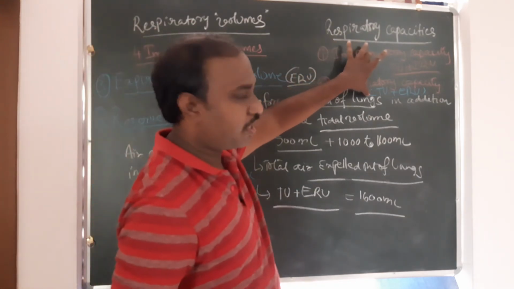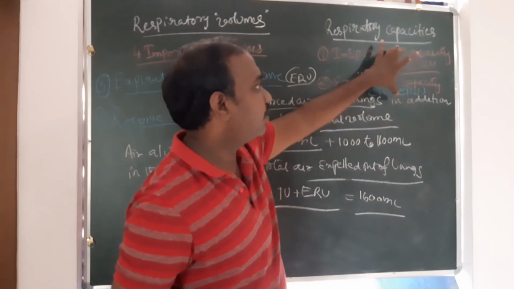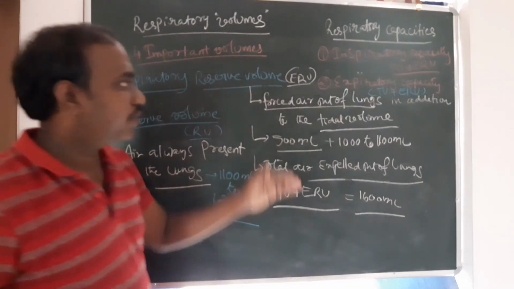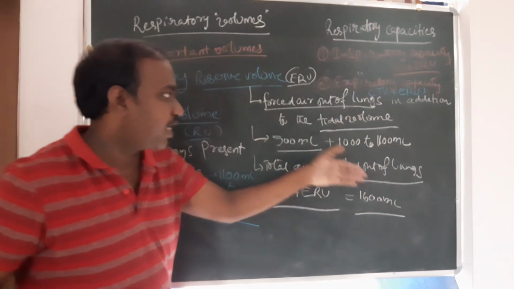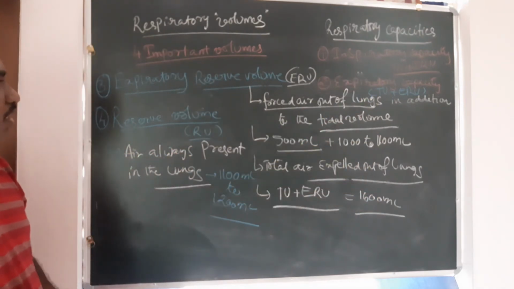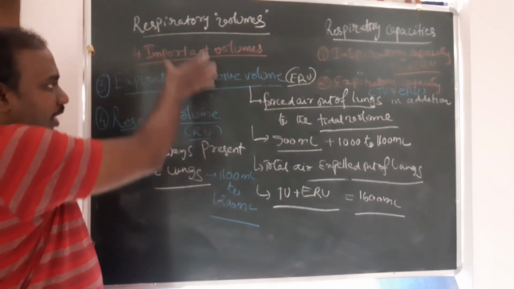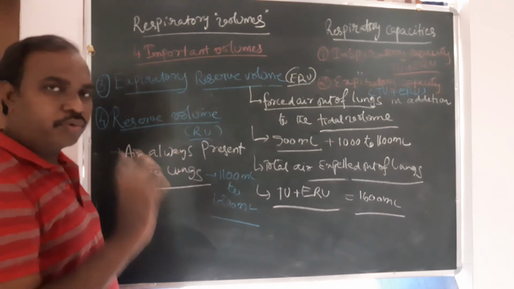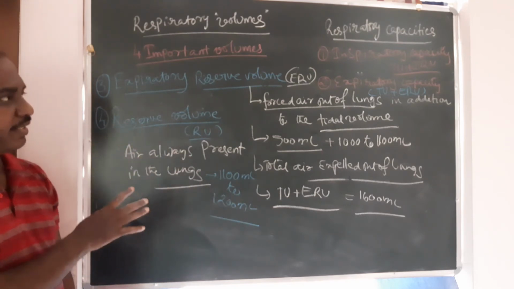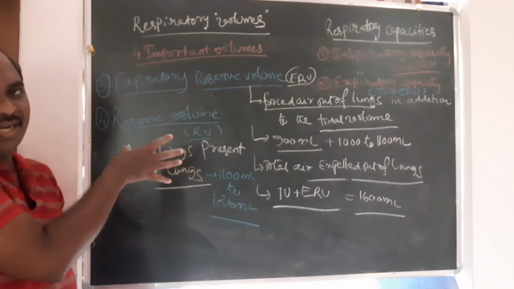And we're going to come to the capacities one more time. So inspiratory capacities and expiratory capacities are related to the lungs. There are furthermore some more capacities. I'm going to write those capacities as well now. Right? So to sum up, we'll just sum up the volumes one more time, and we'll have to mention one more volume which is related here but not that frequently mentioned, because these four are the major values.